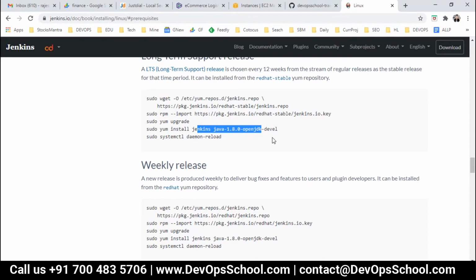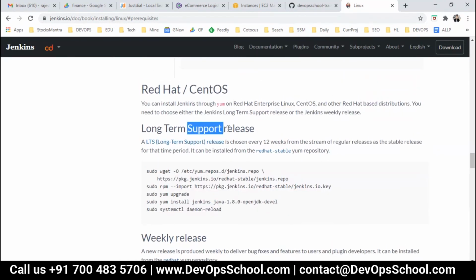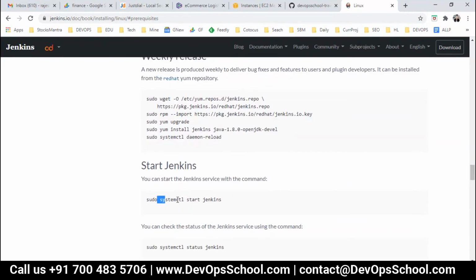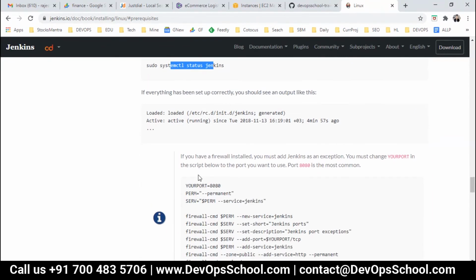So these are the things you can do to get this stuff up and running. See here, you are installing the Java and installing the Jenkins and doing system reload and stuff like that. This is the long-term release support. This is the weekly release. And finally start the Jenkins like this, and you're done with it.